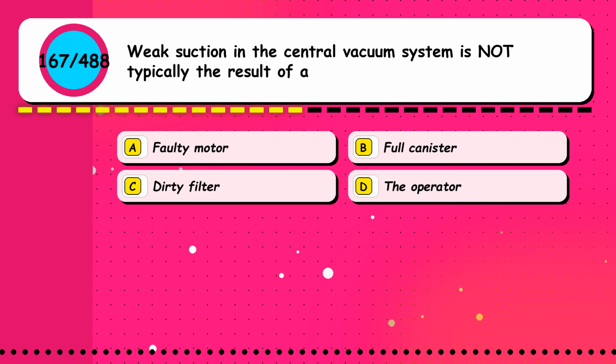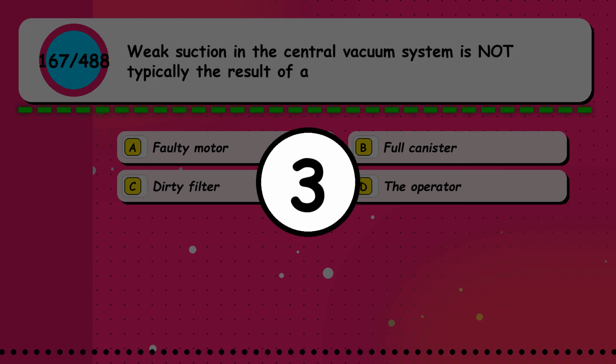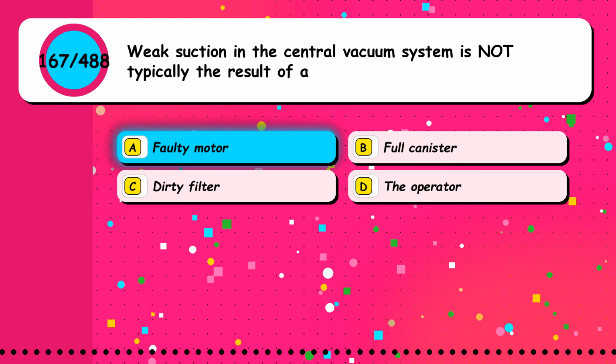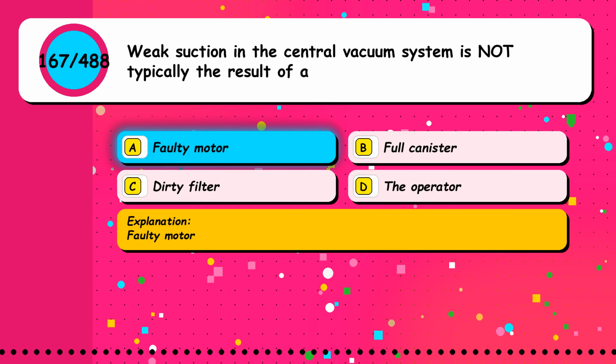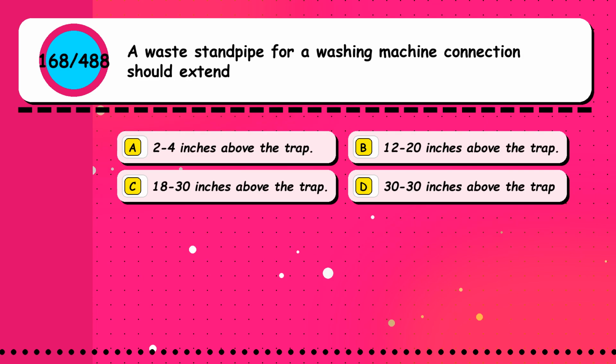Option A, faulty motor. Option B, full canister. Option C, dirty filter. Option D, the operator. The correct answer is option A, faulty motor. Question 168. A waste standpipe for a washing machine connection should extend: